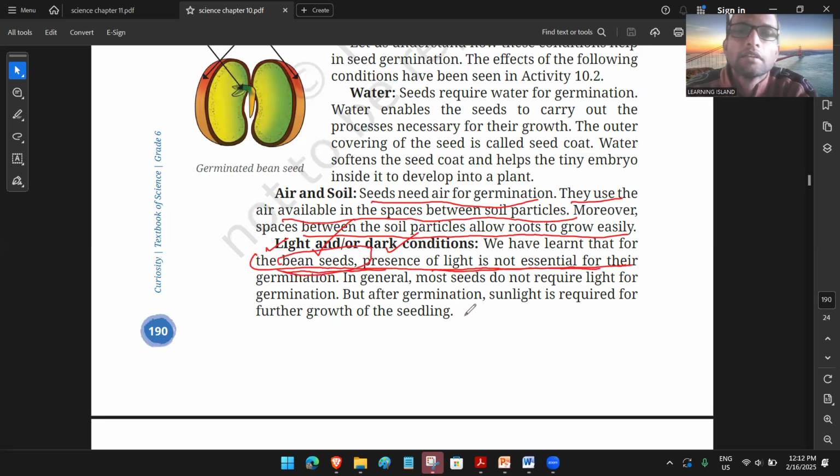आई एम मार्किंग इट हियर, बीन। In general most seeds do not require light for germination, but after germination sunlight is required. जर्मिनेशन होने के बाद लाइट नीडेड है, अदरवाइज ये मर जाएगा, क्योंकि the germinated plant cannot photosynthesize, ठीक है। सो सीडलिंग, जर्मिनेशन के बाद जो होता है ना, ग्रो होता है प्लांट, इसको स्मॉल प्लांट, इसको बोलते हैं सीडलिंग, ठीक है।